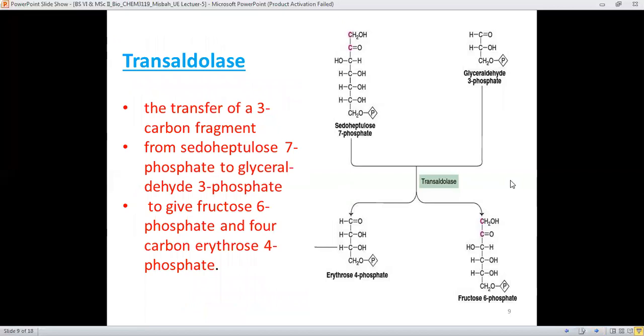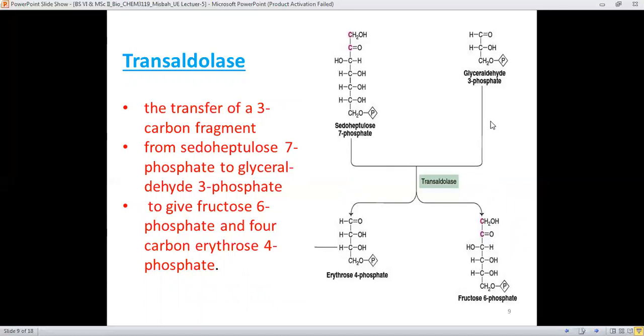Again, transaldolase carries on its activity and transfers the three carbon fragment from the pseudoheptulose to glyceraldehyde 3-phosphate. Now it will transfer the three carbon fragment again, which results in the formation of fructose